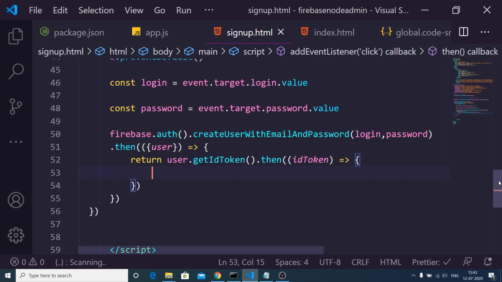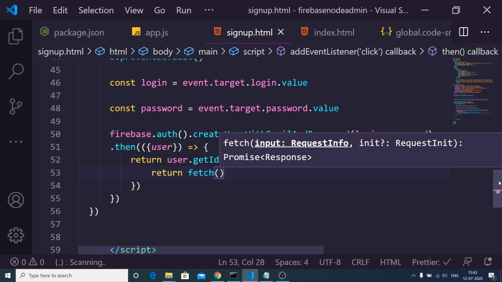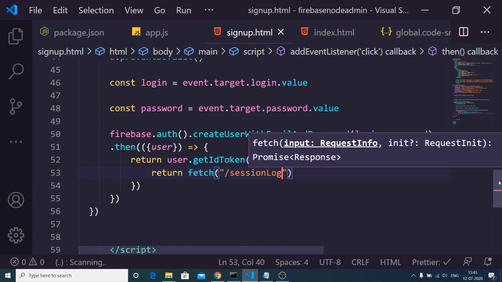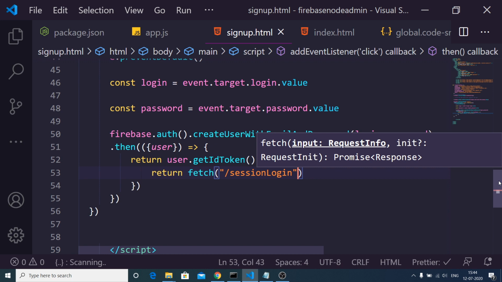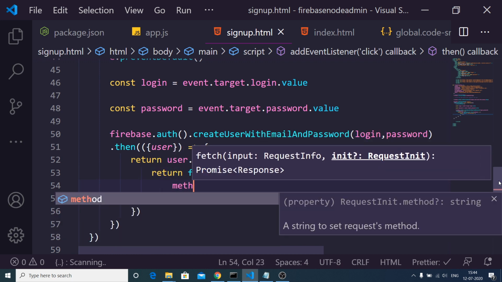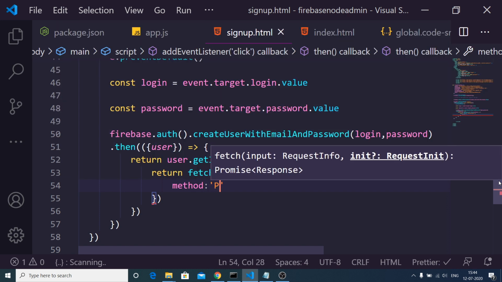we will make a post request to a route. We will make use of the fetch library which is there inside the browser. We will provide an address to it which will be sessionLogin. We will make this route inside app.js. The next argument it takes is the method. It will be a post method,